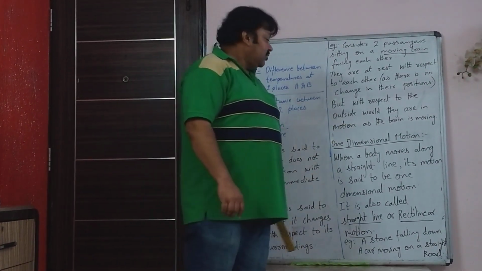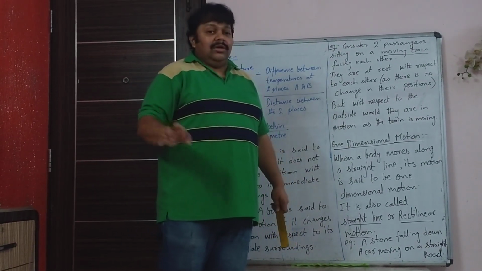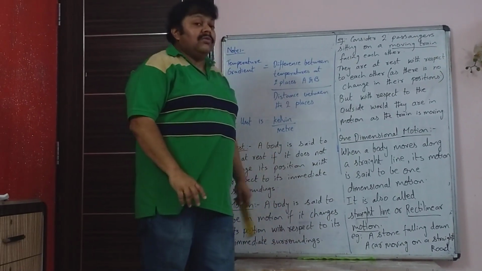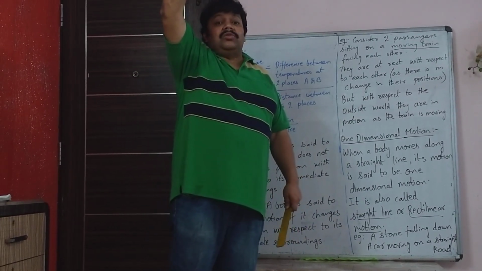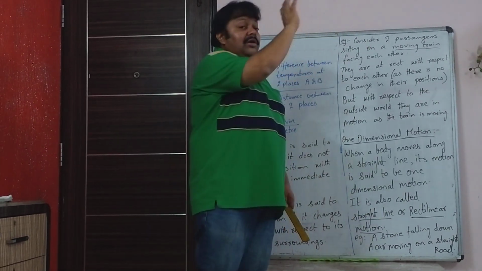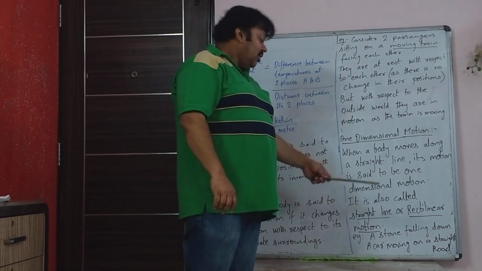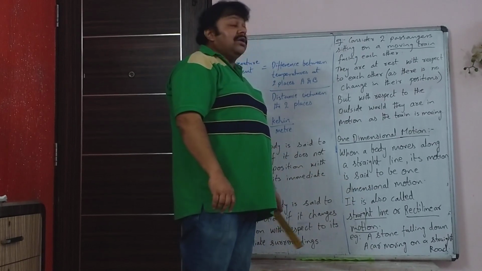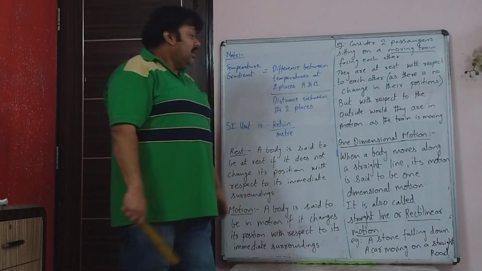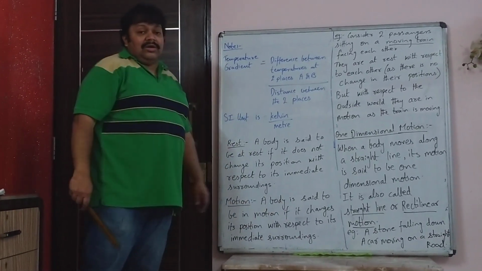Now one-dimensional motion. One dimension means the body is moving in one straight line path. It is not turning, it is not going up like a plane, it is just moving in one direction. For example, when you drop a stone down, it goes down straight. Same way, if a car is moving on a straight road. One-dimensional motion is also called motion in a straight line or rectilinear motion. So we will go ahead and see a few more terms which are important in this topic.